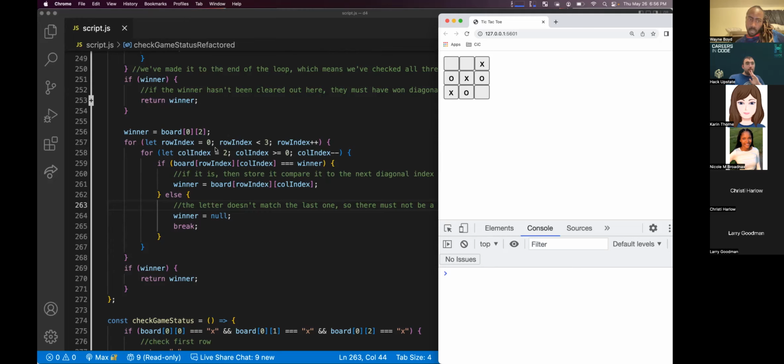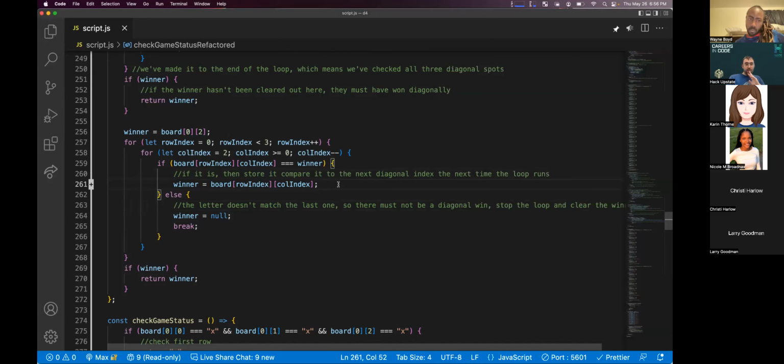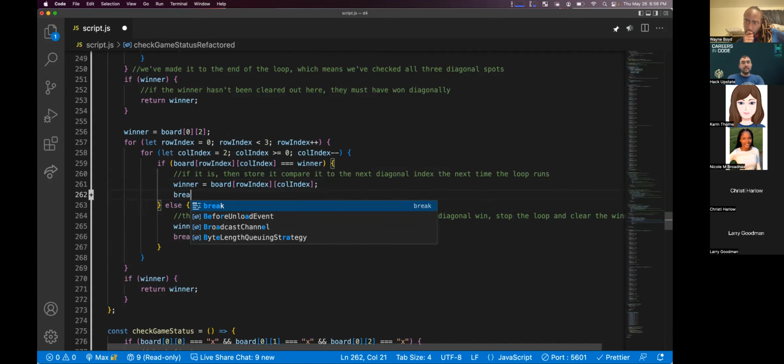Yeah, so we actually need, I got it with the while loop instead of a for loop. Oh, I just set row index and column index and incremented one and decremented the other. Interesting. I think what we can do, let's try this. Let's try and break out of this loop.